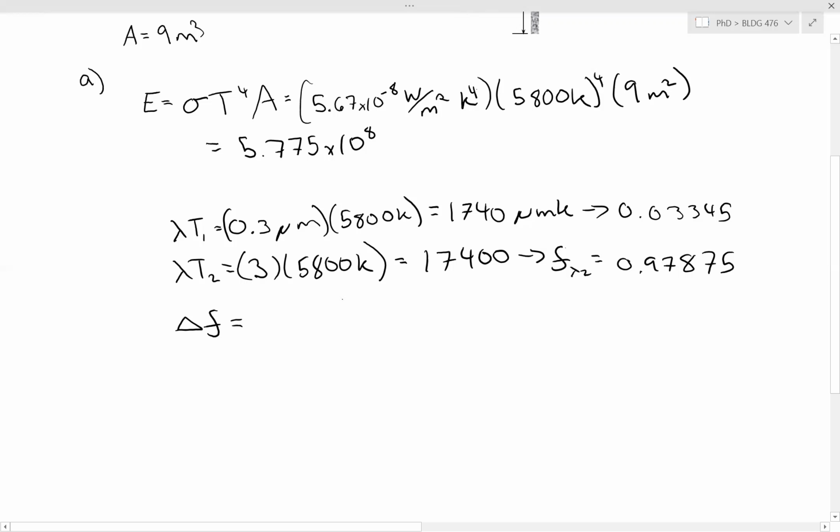So our change in fraction is the difference between the two, which gives us